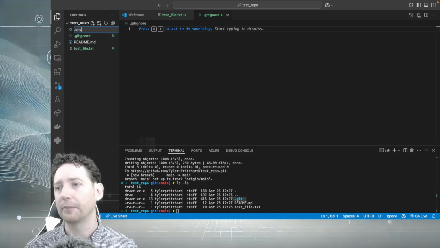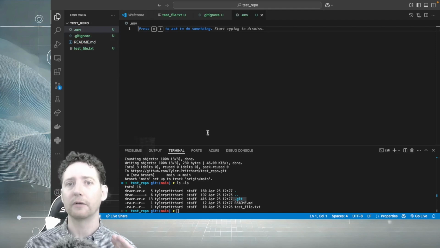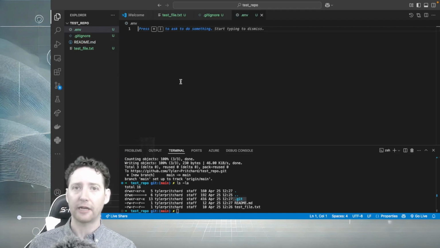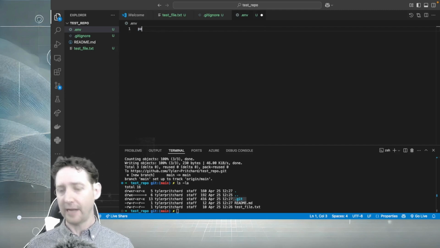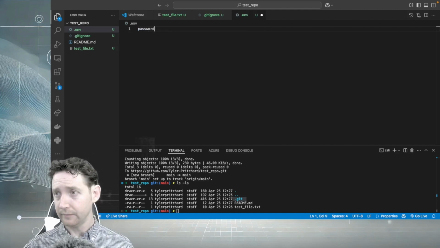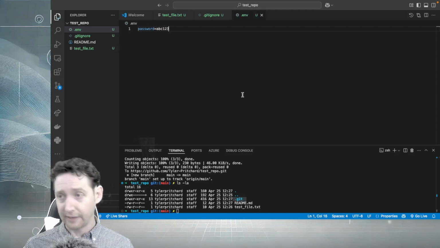This is simply another hidden file, and what it does is it tracks passwords and sensitive information, like database connections, port numbers, things that you just don't want to be included in a repo that might be seen by the public. So for the sake of example, let's pretend I have a password. Then we'll say it equals ABC123, and then we'll save that in here.